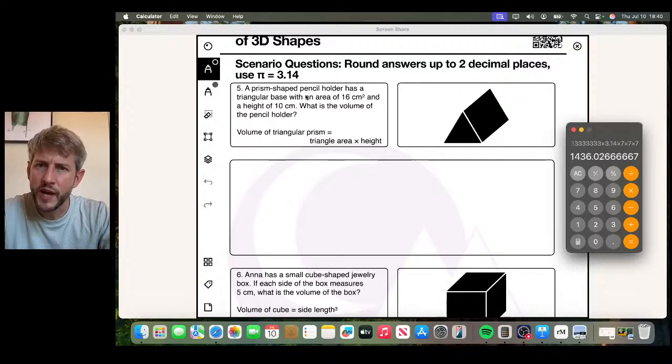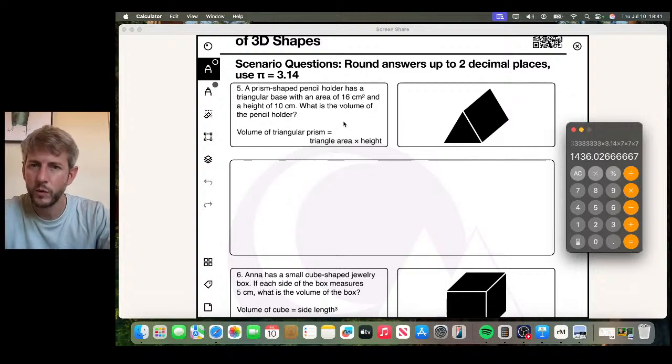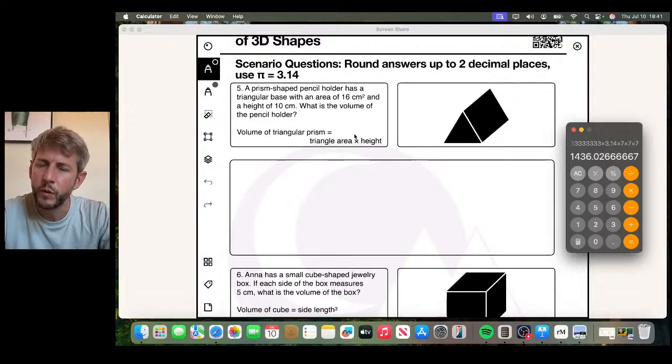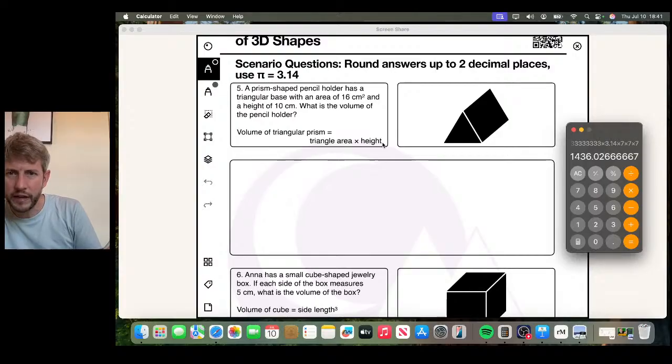A prism-shaped pencil holder has a triangular base with an area of 16 centimeters squared and a height of 10 centimeters. What is the volume of the pencil holder? So the volume of a triangular prism equals triangle area times height. So the triangle area is